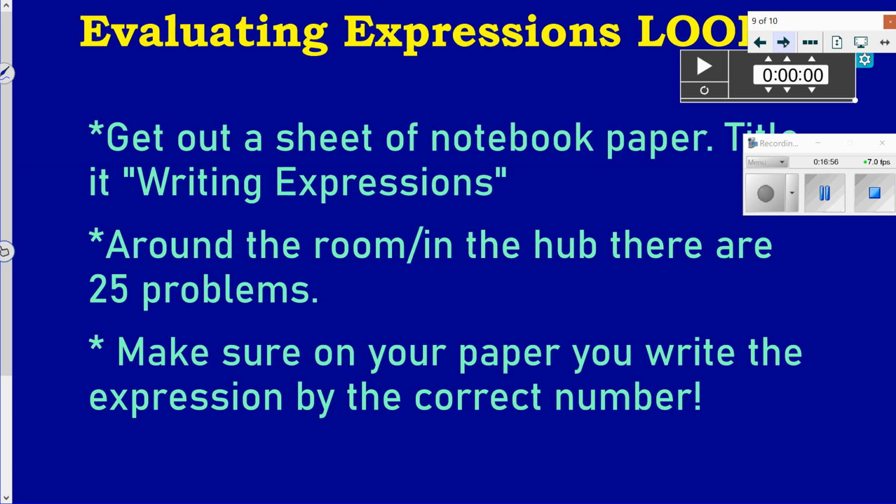We have 25 problems. They are on both sides of the room. Don't disturb Miss McShann. She's working. But you may use both sides as long as you're quiet. You may work with one partner. You guys are going to have